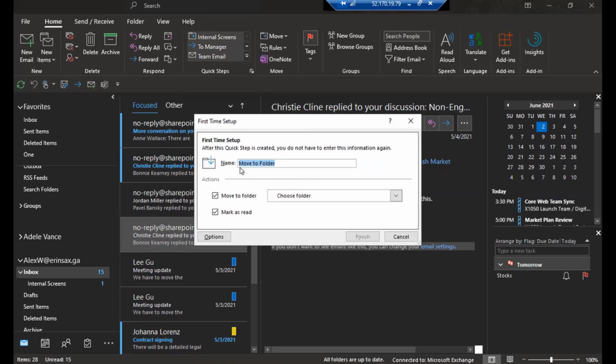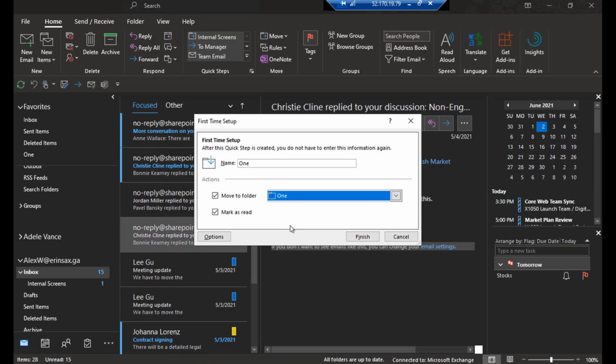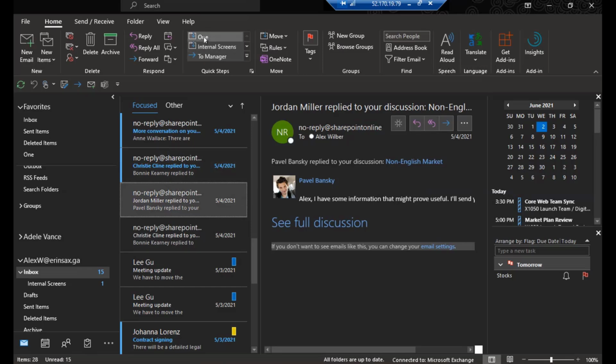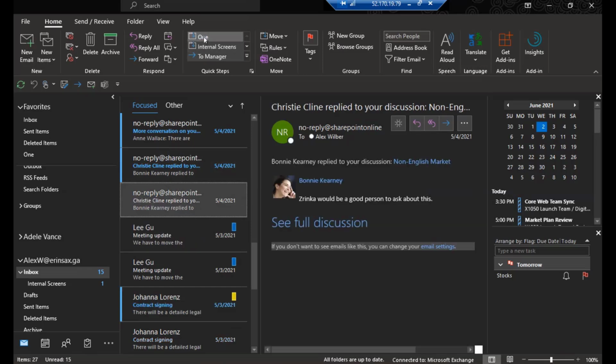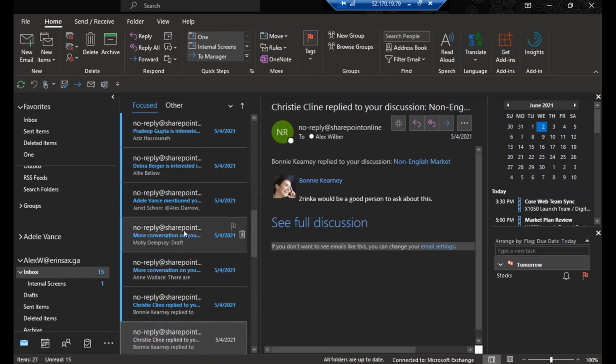So maybe this is what we call move to folder. Move to this particular folder, maybe 1, and mark it as read. So finish. So this is one. So maybe I pick this. If I click on this, it should do that task for me. So as I click on it now, it should move it to 1. So you can create more functions for yourself, depending on